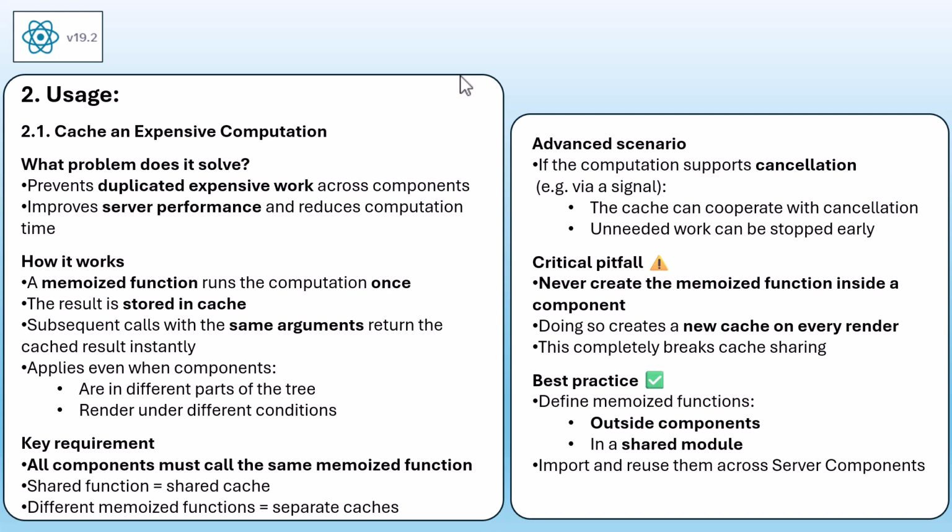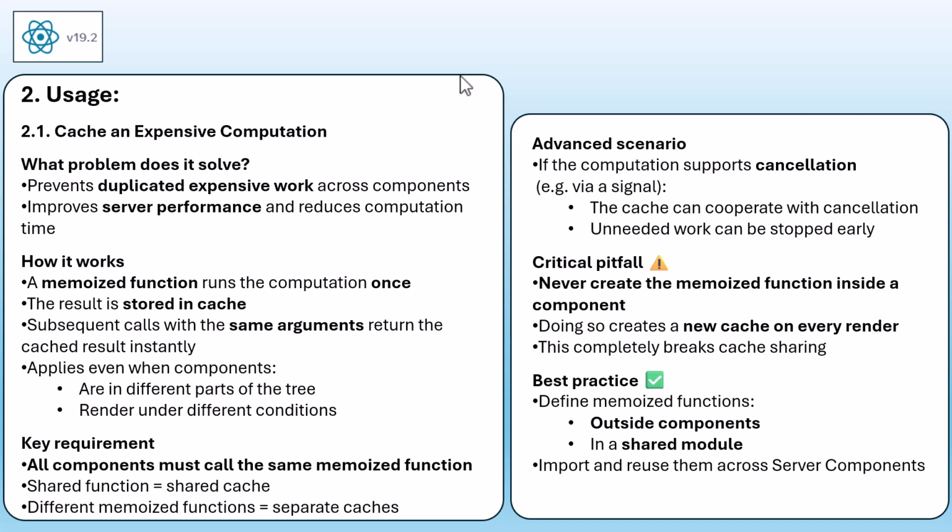2. Usage. 2.1 Cache and expensive computation. This use case focuses on avoiding duplicated work. If multiple components require the same expensive calculation or need to process the same input data, the memoized function ensures that the computation is performed once and shared across all call sites. If one component calls the memoized function and no cached result exists, the function performs the work and saves the result. Later, if another component calls the memoized function with the same arguments, the cached result is returned instantly